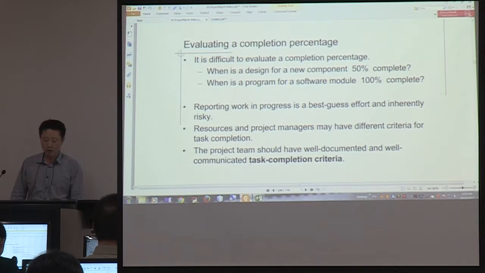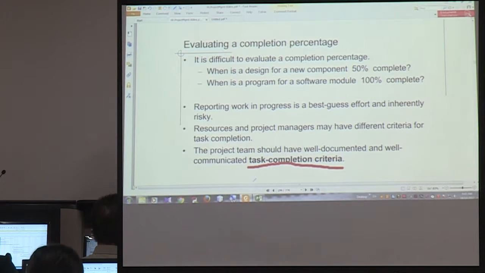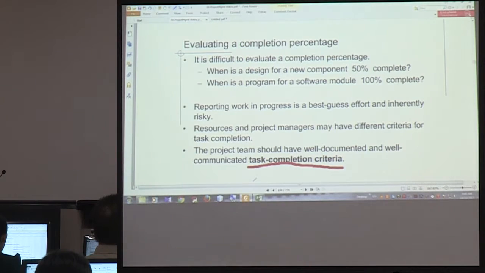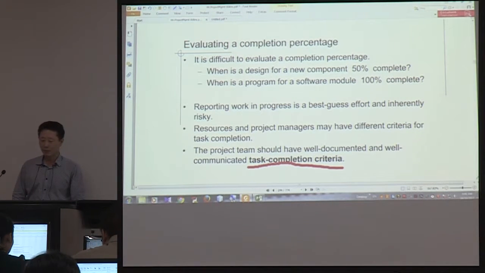Otherwise, everybody has different ideas of 100%. That is what we call task completion criteria. So it is very important to write down this completion criteria. Otherwise, some of your members will think that a task is complete, but actually it is not completed. So, for example,